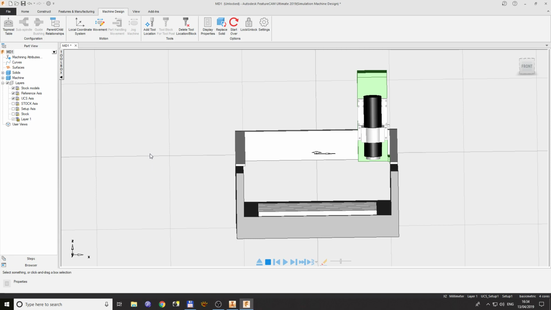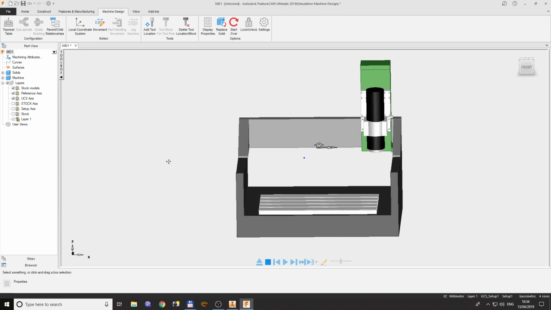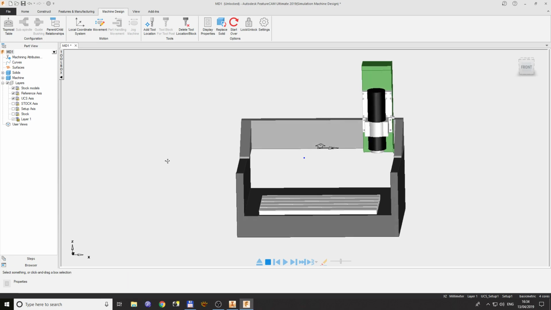And this is a machine file that you can use and save. If something goes wrong, you can go back and edit, and for that,